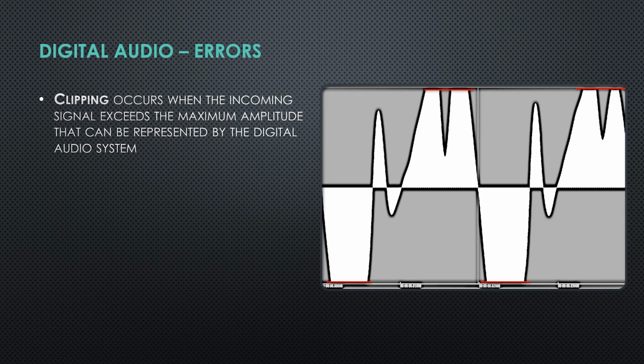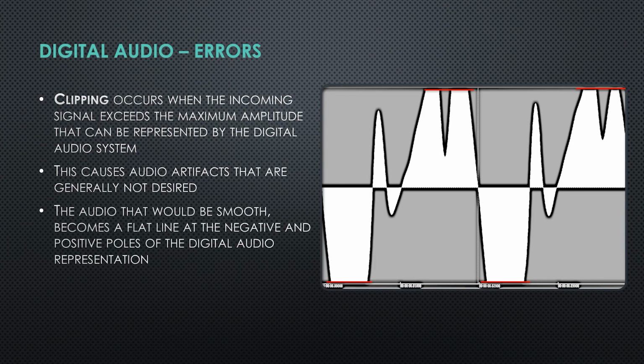So we have exceeded, in this case, if it was 16-bit audio, we've exceeded that range of approximately 65,000 options. Our sound is louder than we intended. This causes audio artifacts that are generally not desired. It's a form of distortion, although we can use this artistically to great effect, and that's often very artistically exciting and interesting to do, but it's rarely something we want to do when we are capturing audio or converting something to digital, because that means we're really missing information, because that audio would be smooth.